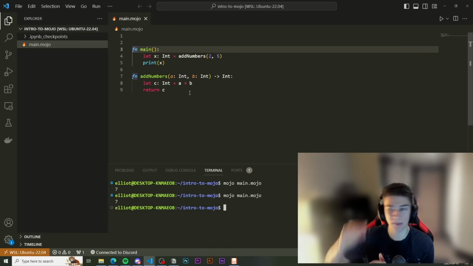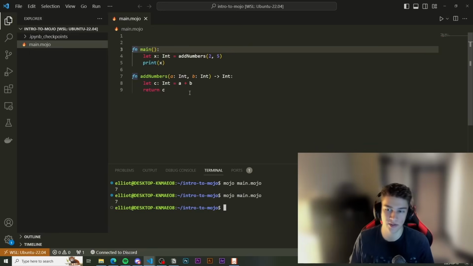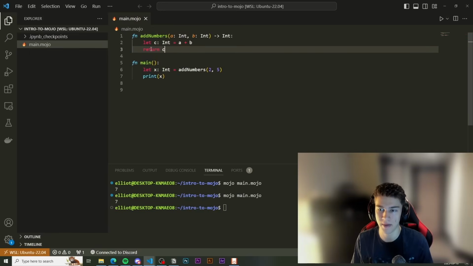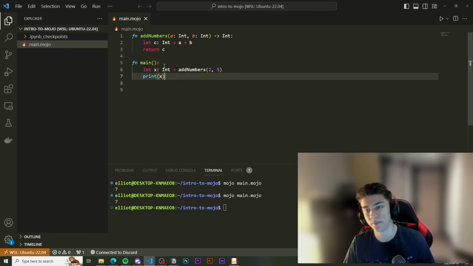So you won't need to have something above it for Mojo to recognize that it exists. We'll just go ahead and put it back there though, because that looks better. So you have this